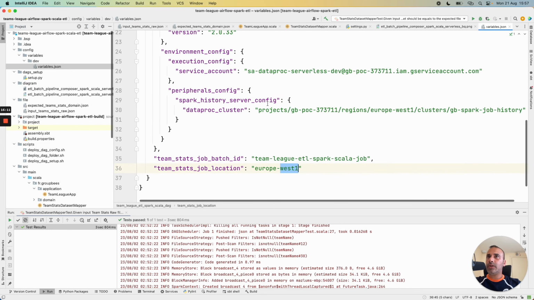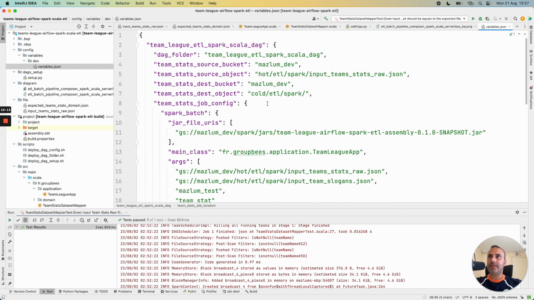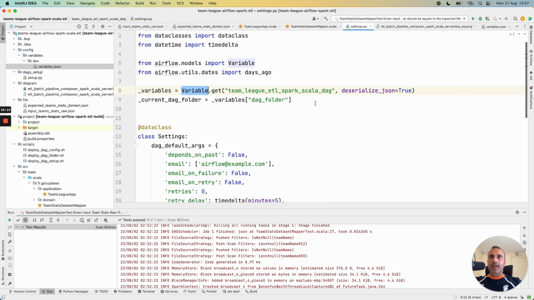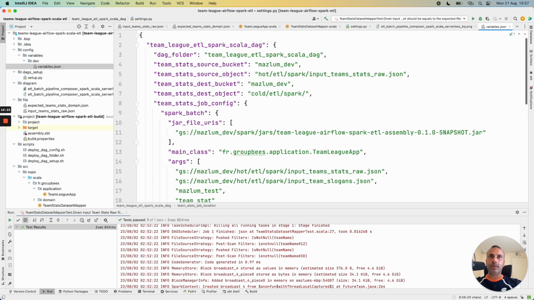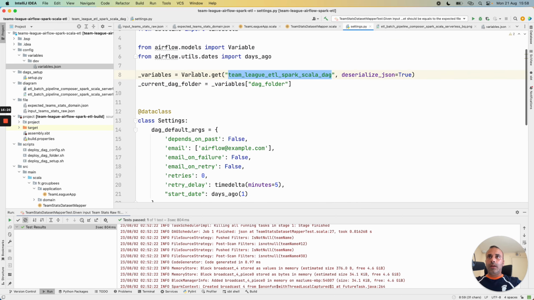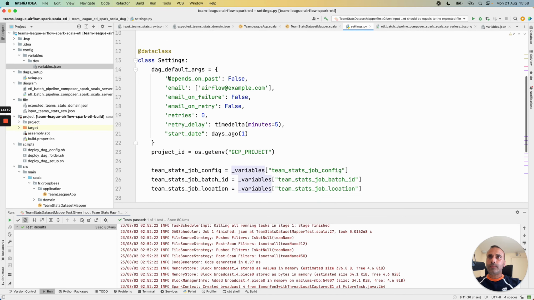This configuration variables.json, and with this syntax I can retrieve all my configuration with the parent node Scala DAG here, and I have access to all my variables in a dict.